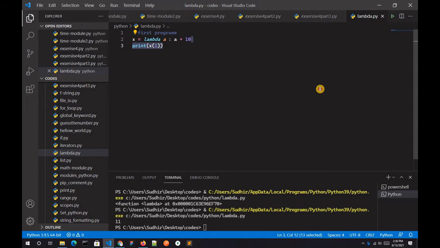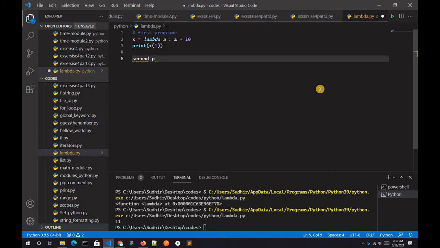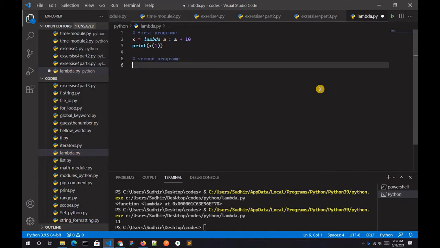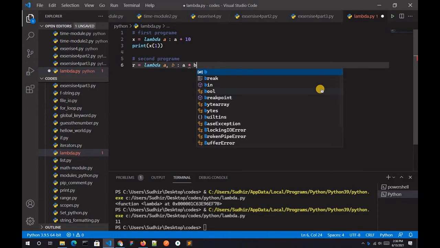So guys, let's write the second program, and comment out this one. You have to create a variable. In this case, I will create r is equal to lambda a, b colon, and then a space, and a multiplied by b.